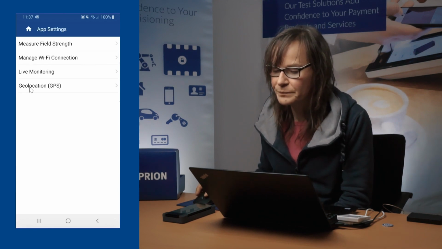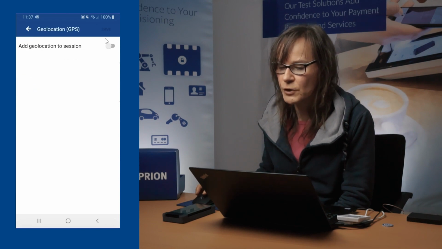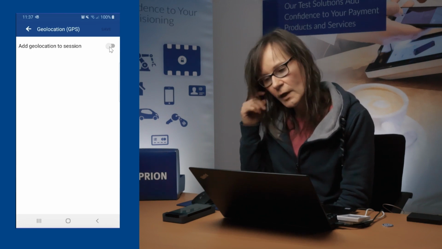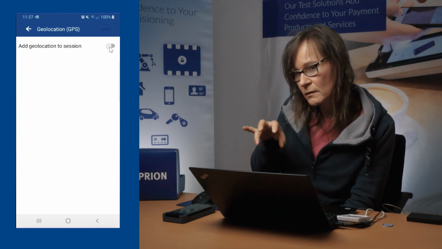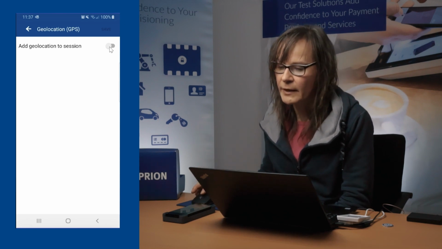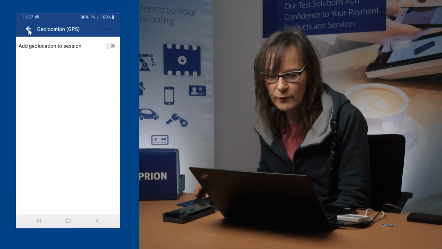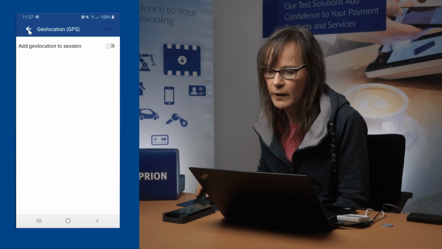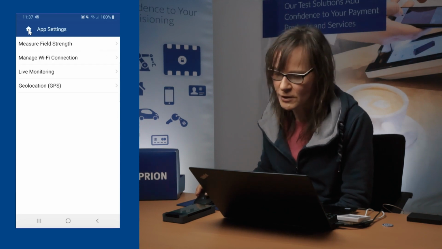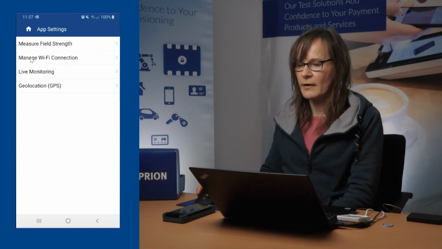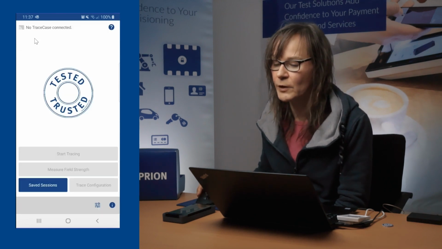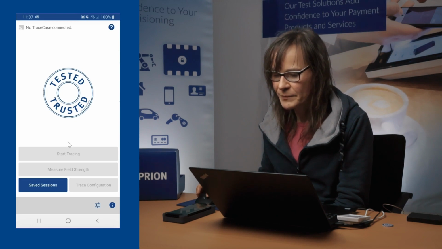So keep it enabled. And then the geolocation feature, this is switched off as default setting. Sometimes it's very helpful because it gives you a concrete and exact position about where you have taken the trace, which is a good hint to what has happened there. But sometimes it's not so helpful because it takes data bandwidth and can cause connection issues under certain conditions. So maybe switch it off as default. That's about the app settings. Don't forget about the live monitoring. Okay, then